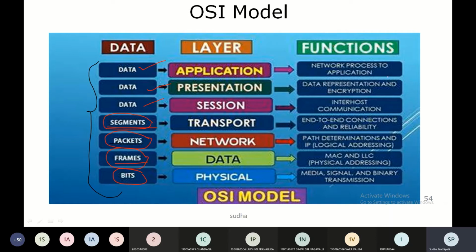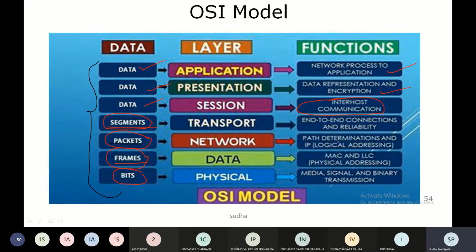What is the functionality of the application layer? It is network process to application, and presentation layer is data presentation and encryption. I'll tell you in detail. Just remember these points. I'll ask you what the functionality of the session layer is, and you should tell me: inter-host communication. Transport layer is end-to-end communication and reliability.